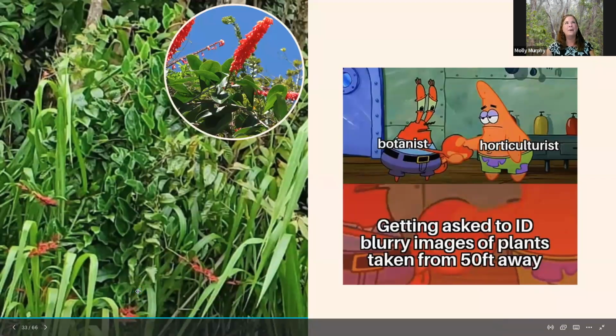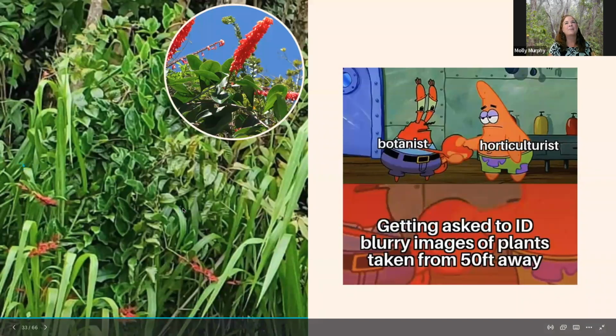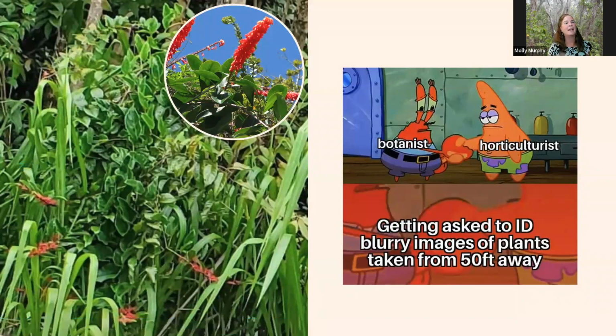And of course, you want to show the best parts of the plant, but it can't be blurry. Here we have a red hot poker vine that I took while driving down the road. I was on the passenger side. So it's blurry, and there's so much going on behind it. No plant app can identify this.